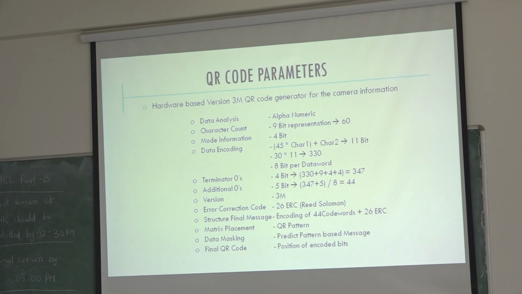So it means even with version 3M, even if 50% of the QR code is gone, we can still recover it. It means after the transformation, I'm going to embed my watermark. Again, when I do the inverse transform, definitely there will be some loss. So due to this loss, even if my watermark image gets corrupted or changed, I am still able to recover it back. That is the reason we use a QR code as a watermark.